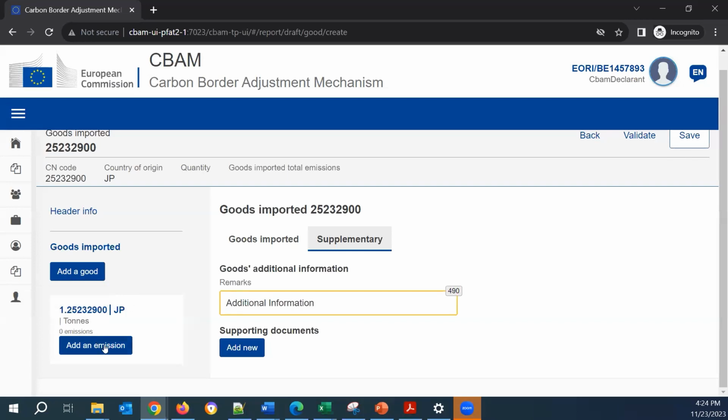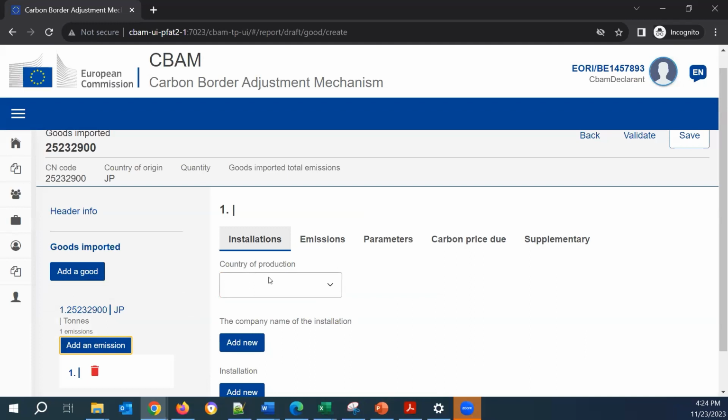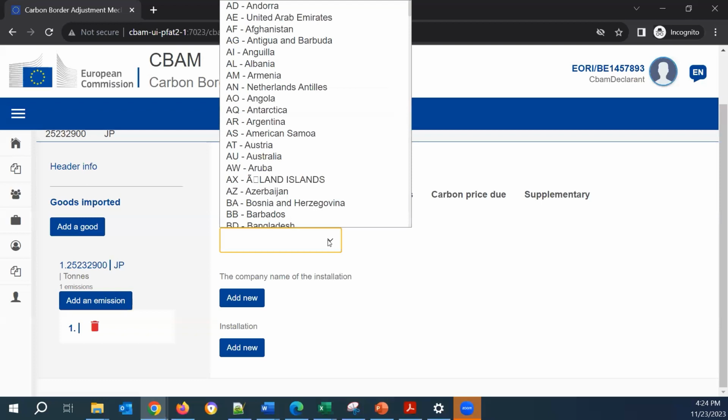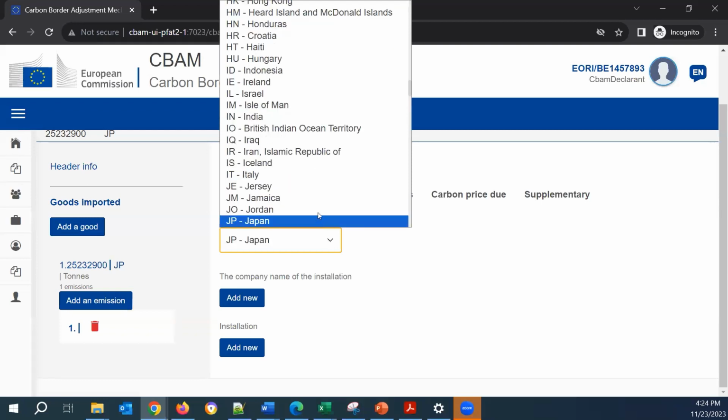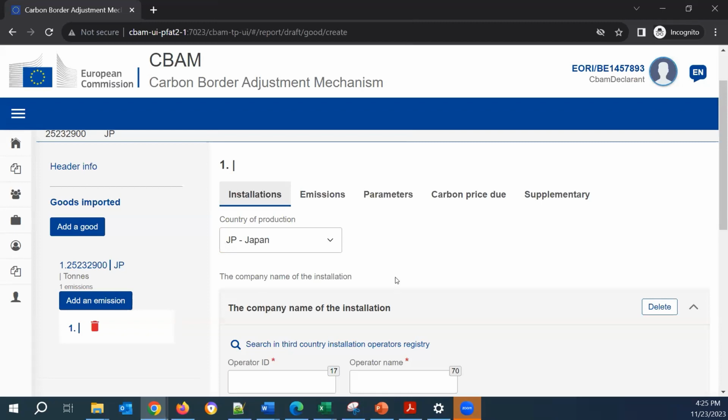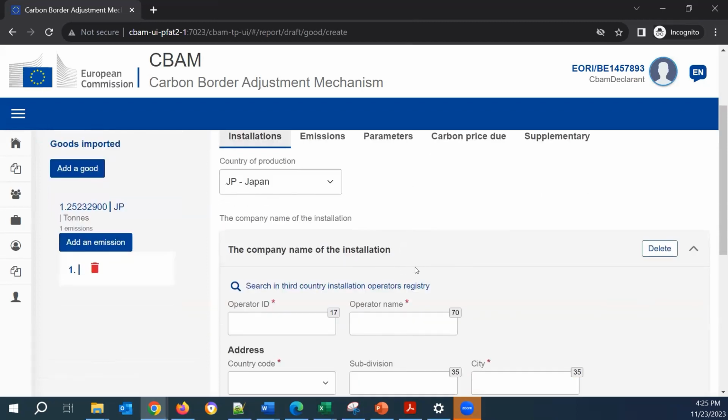Let's add an emission to our CBAM report. So the first thing we need to do is to add our country of production, which is Japan. And I will also add the installation that we have prepared in our registry. Sorry, the operator, the third country installation operator.